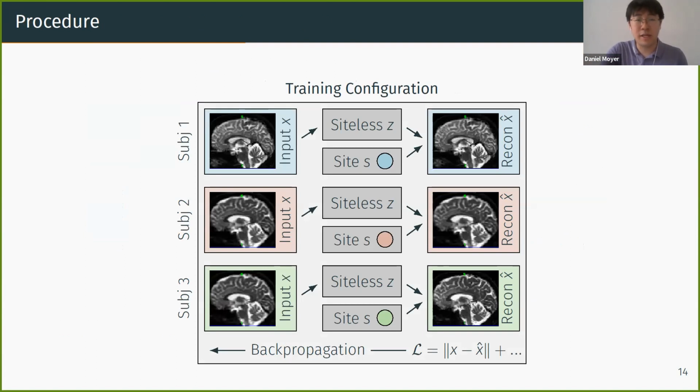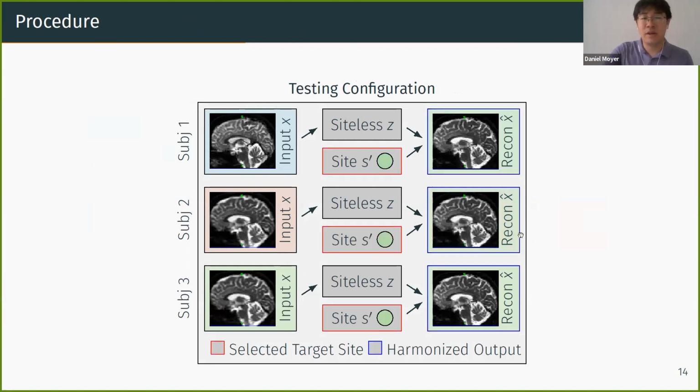Again, we're training it with the site unmasked, unchanged. We haven't tricked anyone, and we create an autoencoder that way. And then at test time, we'll choose one site, our favorite one, and we'll map everyone to it. And so hopefully at that new site, everyone has the same site-wise effect. So our downstream task that uses Z can't overfit the site because they're all the same.